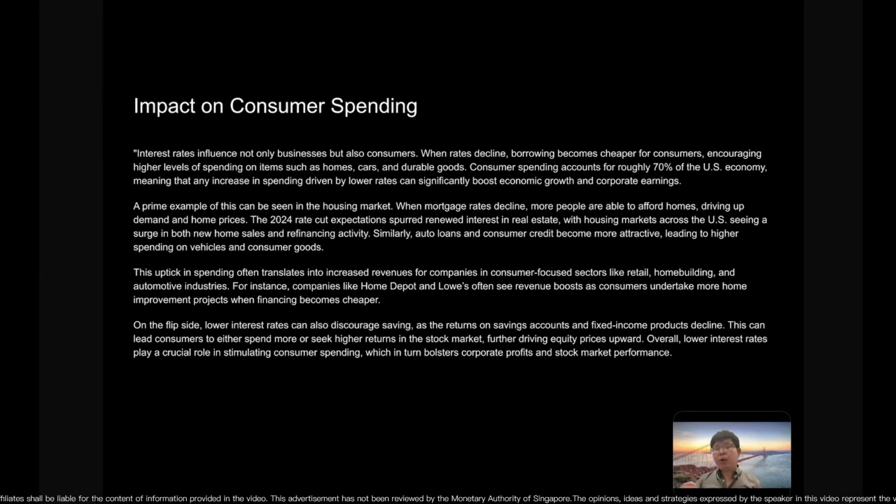Right, yesterday what happened to Tesla? Tesla went up from 210 suddenly to 225, because now the interest is dropping. The interest dropping means that people buying cars will pay less interest, and maybe they also give some discounts here and there on the interest rate. Tesla offers lower interest rates in some countries, or even in the US they give lower interest rates. So lower interest rate leads to more consumer spending.